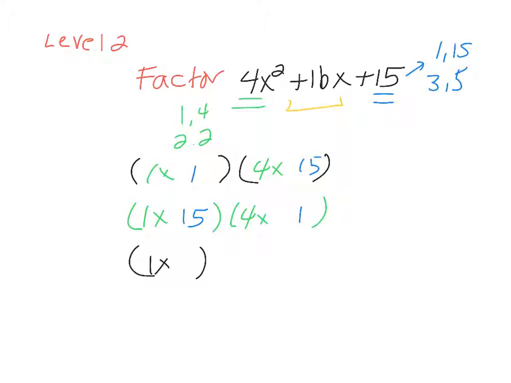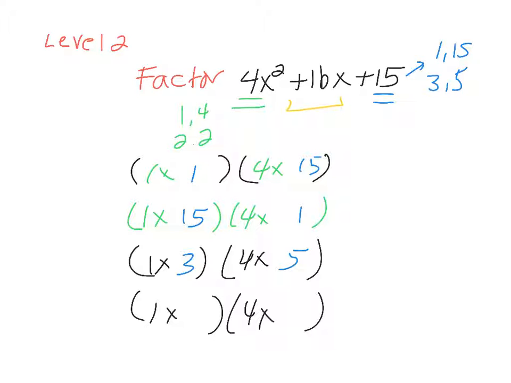Maybe it's 1x and 4x and 3 and 5. Maybe it's 1x and 4x and 5 and 3. Now the idea here is there's going to be a lot of options, because now we also have to go consider